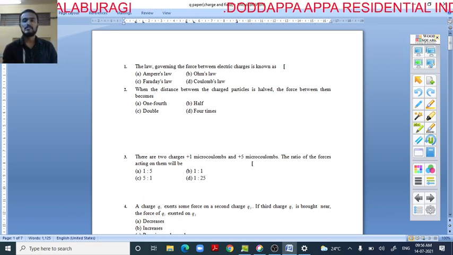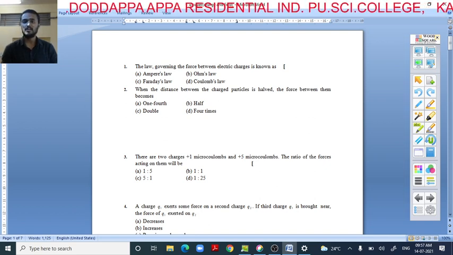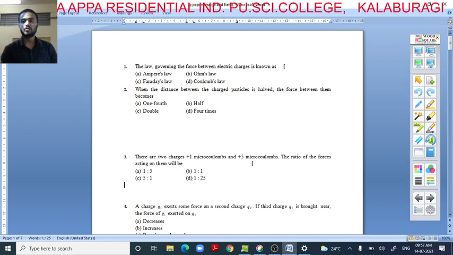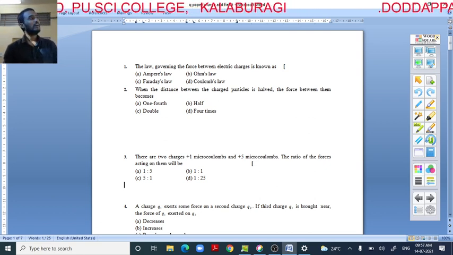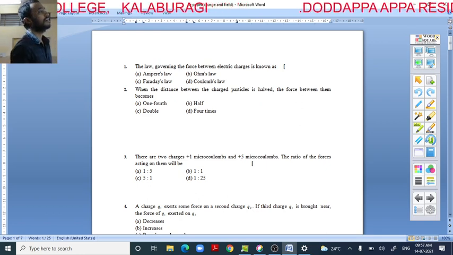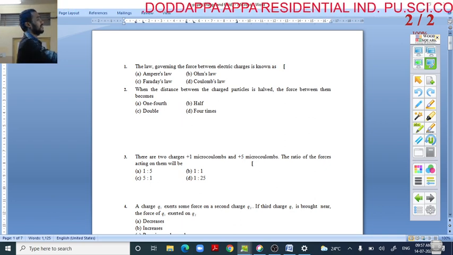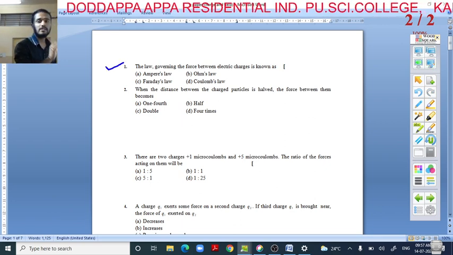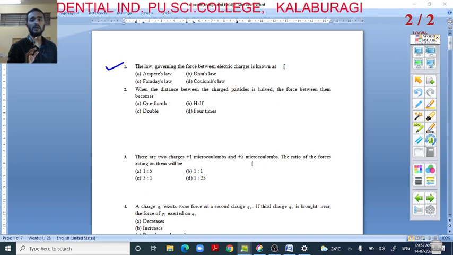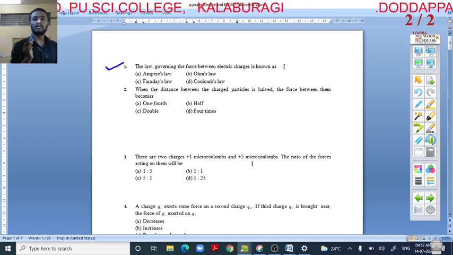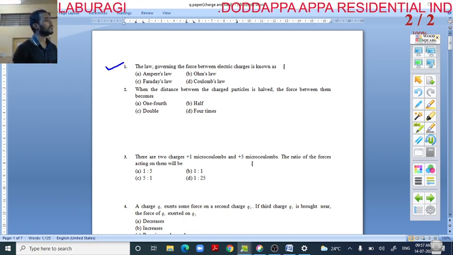In the previous class, we discussed the synopsis of electrostatics, under that electric charge and field. Now today we are going to discuss some questions on electric charge and field. Right? Okay, here we have the paper. This is our first question on electric charge and field, and to find the force between two charges, that is given by Coulomb's law. Based on that also we are going to do some numericals.